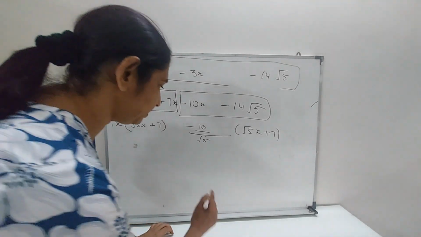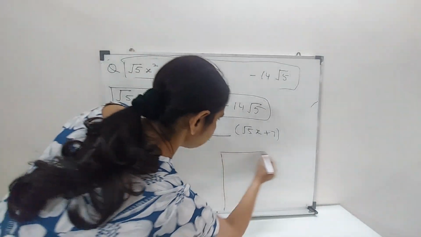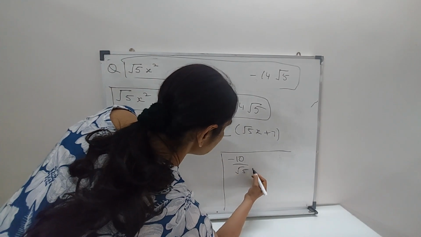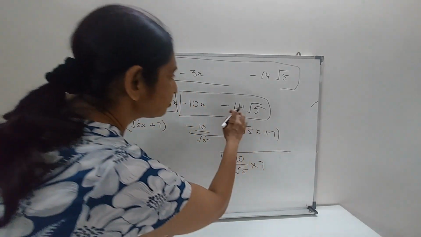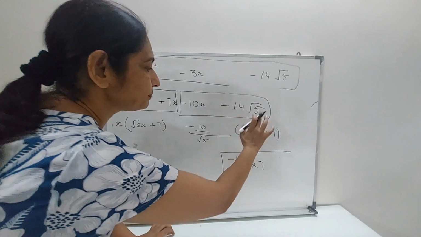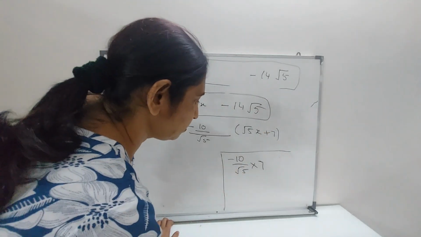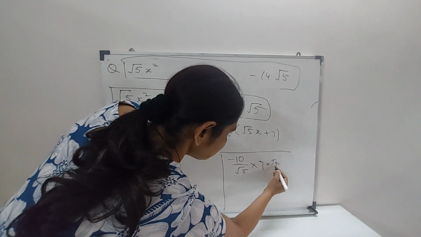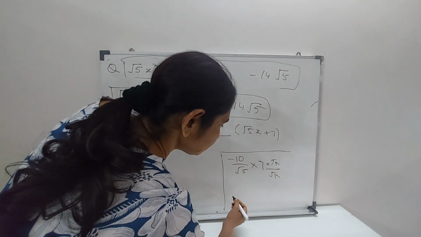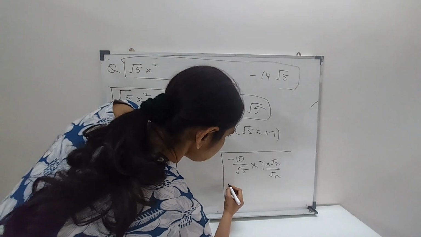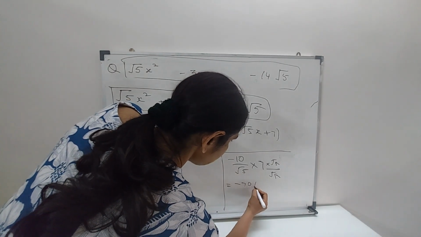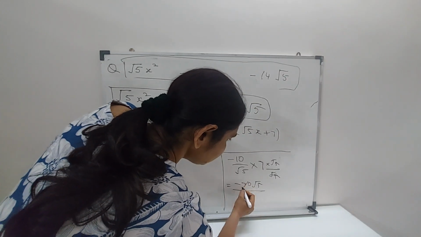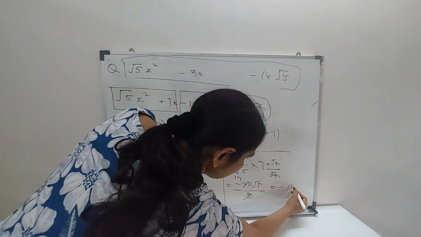Let's verify it separately. What do we have? We have minus 10 upon root 5 and 7, which should ideally give us this. Doesn't look like it at all. Let's see. Let's rationalize this. Good. So this becomes minus 70 root 5 and these two become 5. Oh, we have